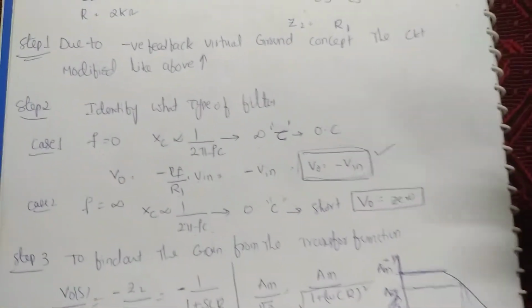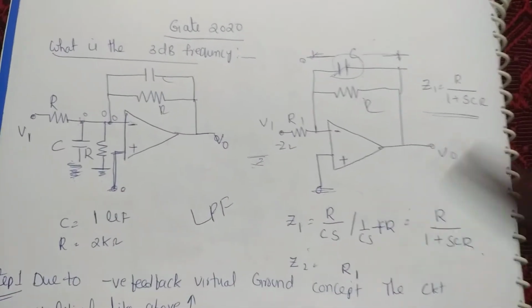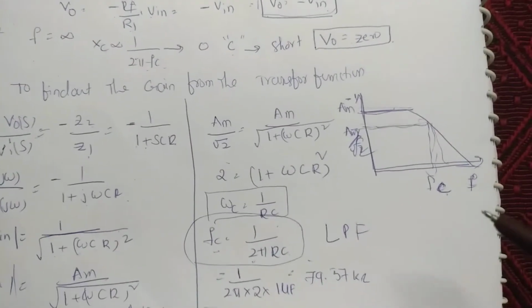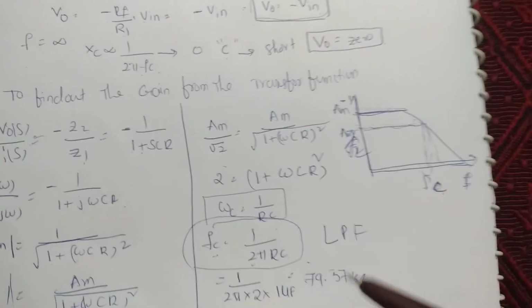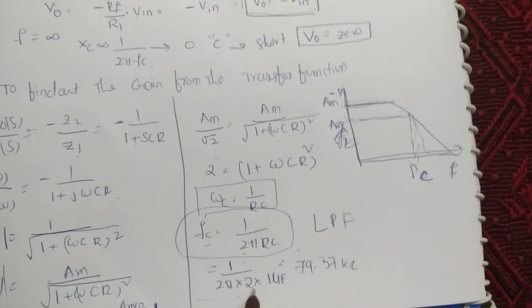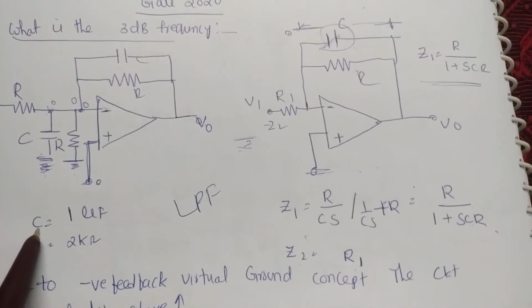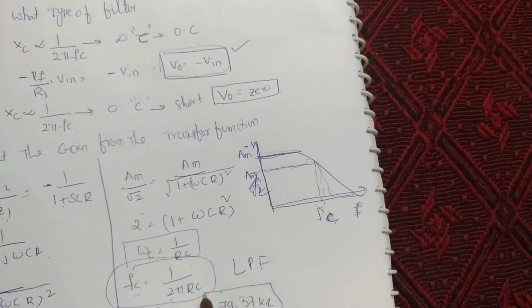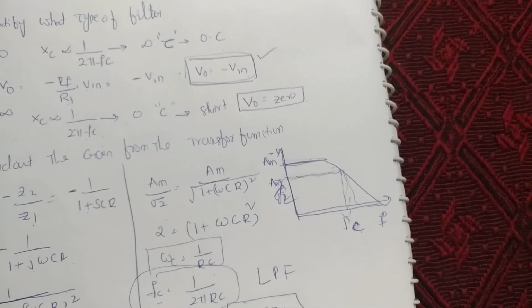Normally if you identify the low pass filter, you directly substitute the values, but sometimes they may ask other problems related to these filters. So the analysis is very, very important. That is the reason I solved this question. Okay, 1 by 2 pi RC. R is 2 kilo ohms and C is 1 microfarad. So the right answer for this question is, substituting these values,